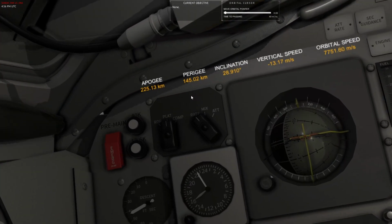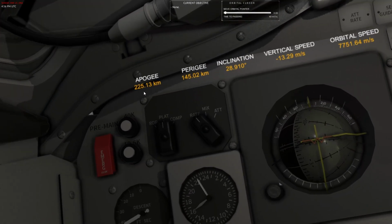It puts all the data up here so you can see the 225 and the 145. So whenever you decide, you determine and tell the ground you want to circularize the perigee, that means you're going to bring the apogee down to perigee. So instead of it being an elliptical orbit where, as you go further away, you're going to go up to the ascending node, up to the apogee,